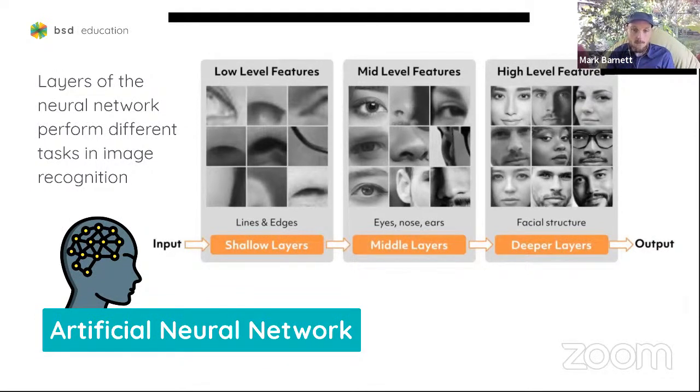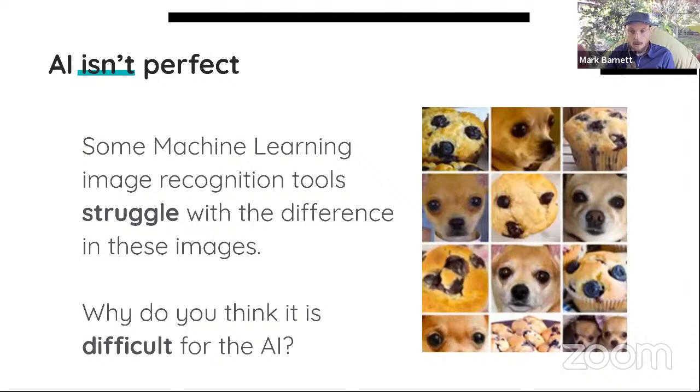So in the hidden layers, the machine learning is making estimations, and they're predicting how all of these images are alike or not alike, so it can give it a value between 0 and 100%. 100% means it's exactly like the thing that we taught it. 0 means it's nothing like the thing we taught it. But even if we train AI a lot, we give it a lot of training information and tell it, these are the right images, it isn't perfect.